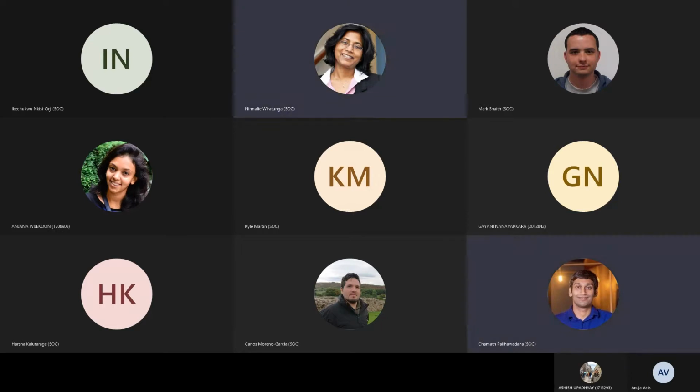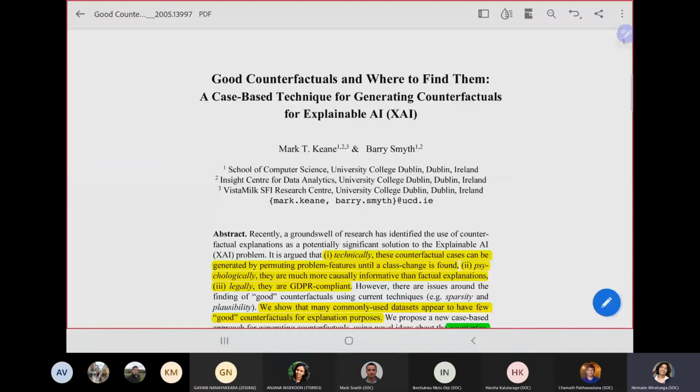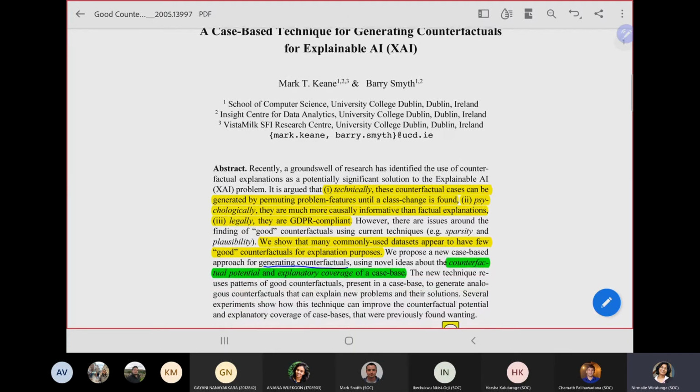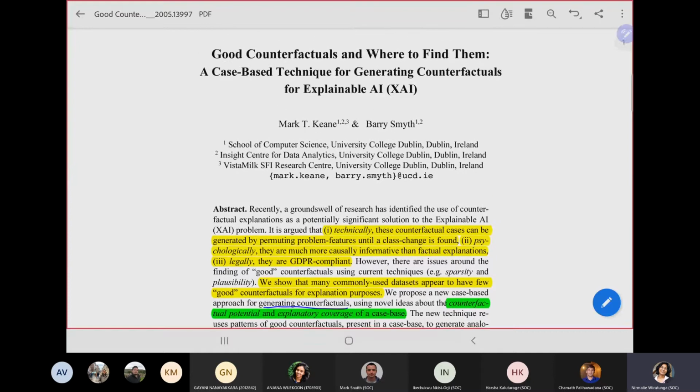So today's paper we are going to look at is "Good Counterfactuals and Where to Find Them: A Case-Based Technique for Generating Counterfactuals for Explainable AI." This was a paper that was recently submitted at the ICCBR 2020 conference by the UCD team, Mark Keane and Barry Smith. It's a very interesting paper because